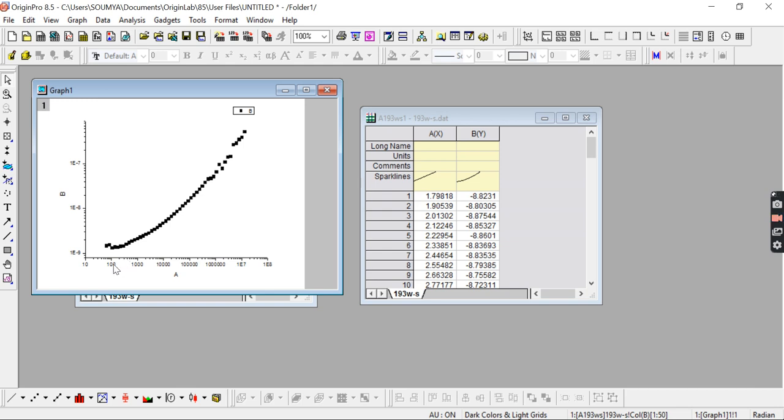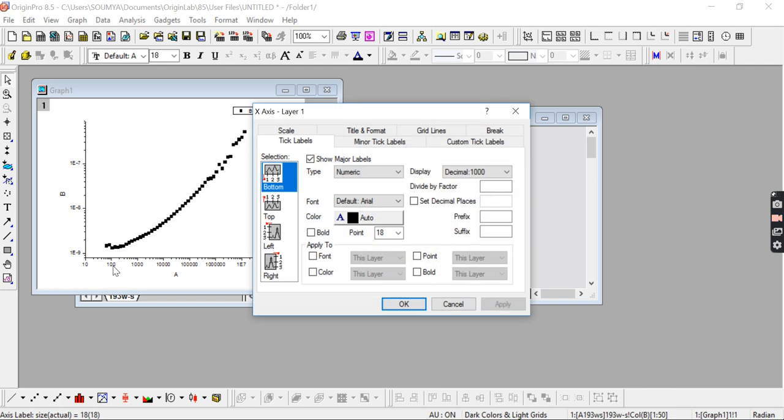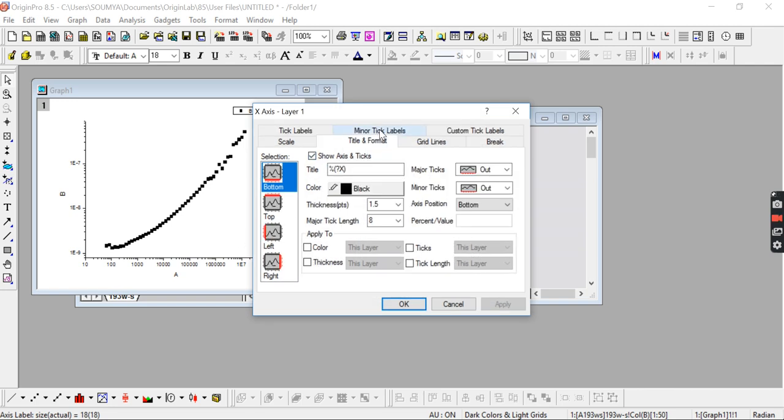What you have to do is double click this one, then you come to the title and format. So in title and format, these are the major ticks and these are the minor ticks, and all are out. You see it has been written out. Out means these ticks are pointing outwards from the graph.